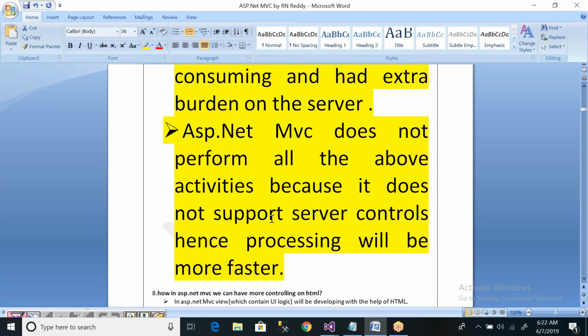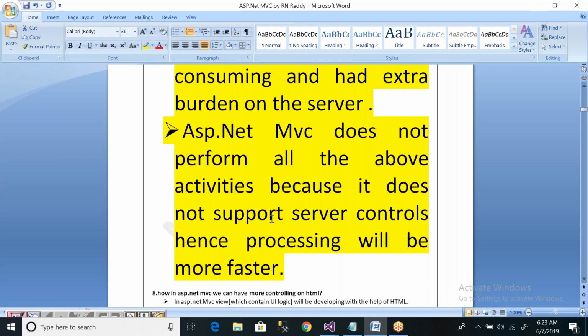Whereas ASP.NET MVC does not perform all the above activities, because it does not support server controls, and processing will be faster. ASP.NET MVC has only client-side controls, not server-side controls, so server control execution will not be there.